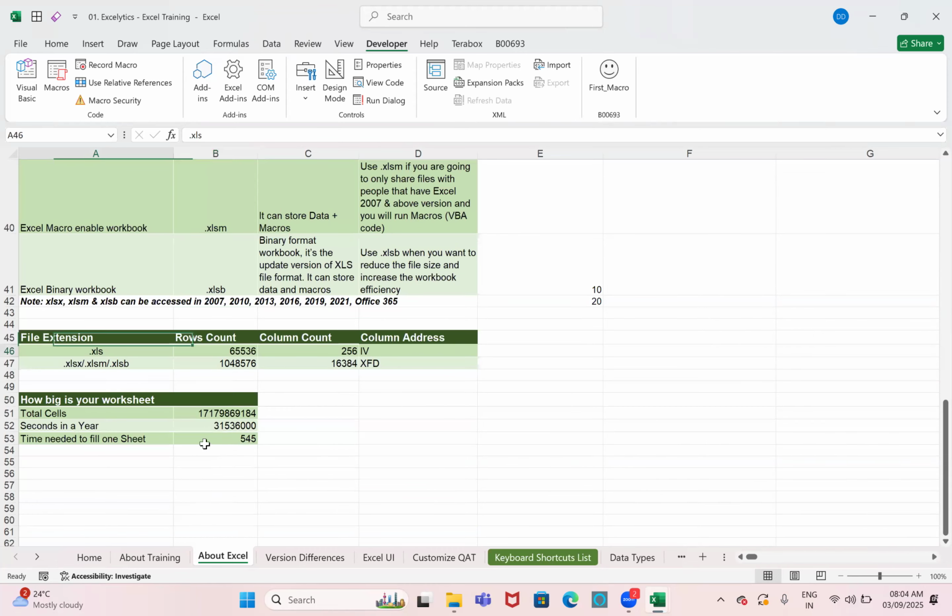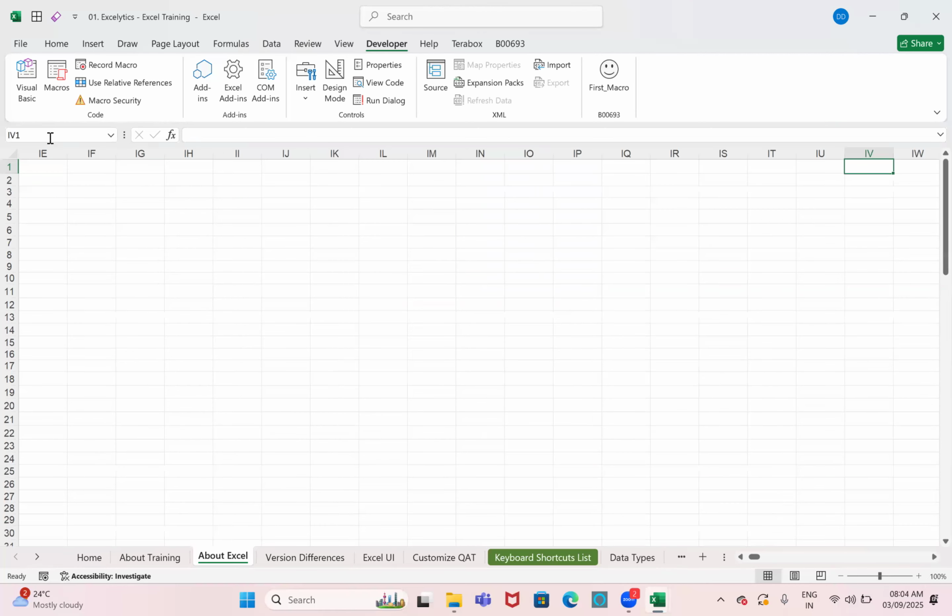Next one. In .xls format, you can store only up to 65,536 records and 256 columns only. So 256 means what is the last column? IV. You can go up to the IV column. If you see the column number, this is 256. IV is the last column.